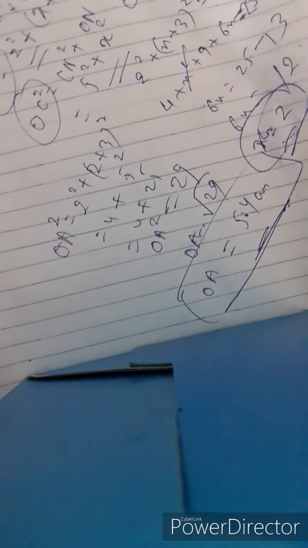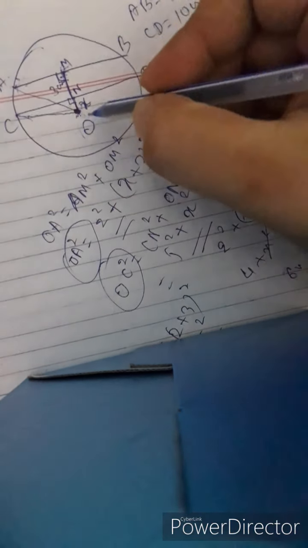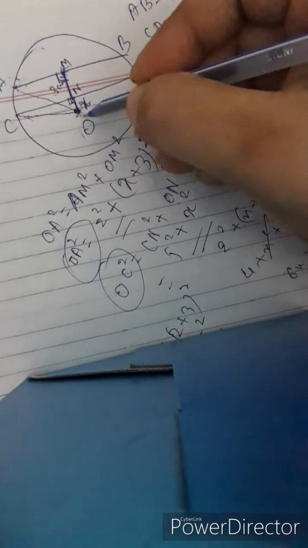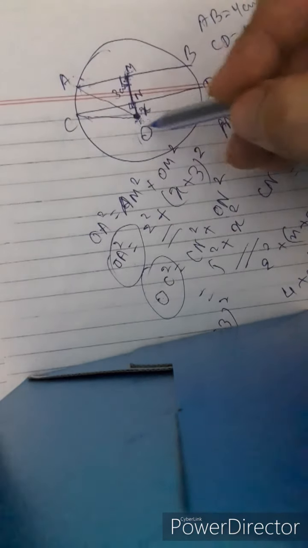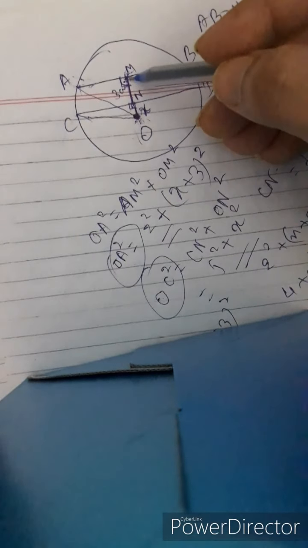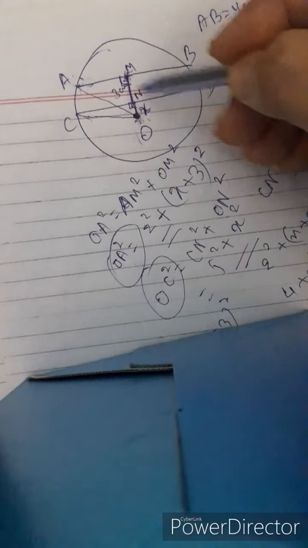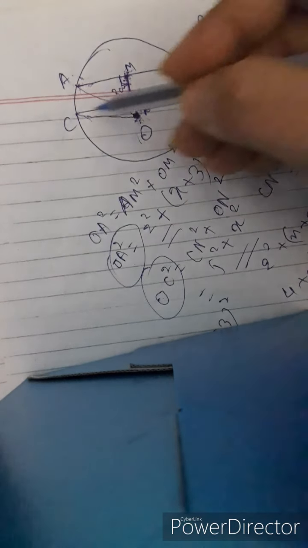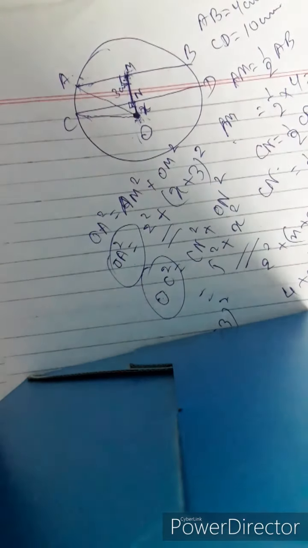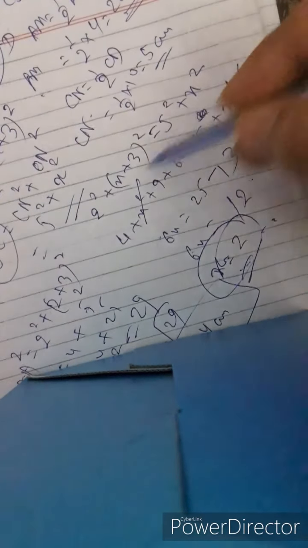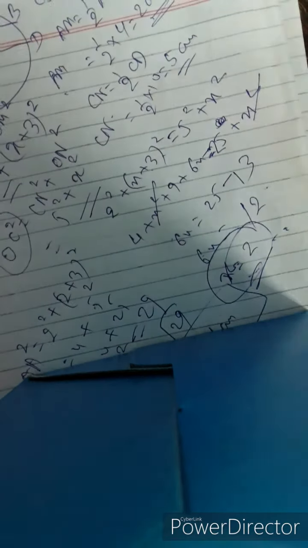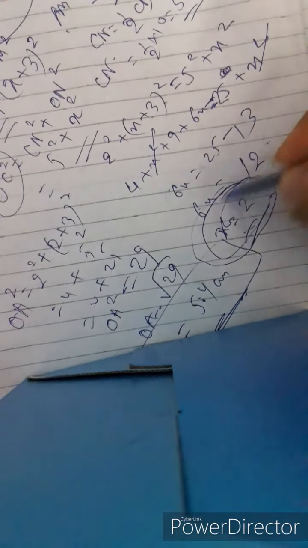It's simple. This distance MN is given as 3 cm. We'll take ON as x. By Pythagoras theorem, OA squared equals OC squared, which is AM squared plus OM squared, that is (x plus 3) whole squared equals CN squared plus x squared, where AM and CN equal half of AB and half of CD respectively. So the equation comes out as 2 squared plus (x plus 3) whole squared equals 5 squared plus x squared. Solving it, we get the value of x as 2.